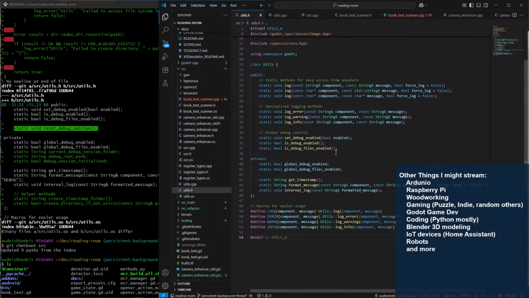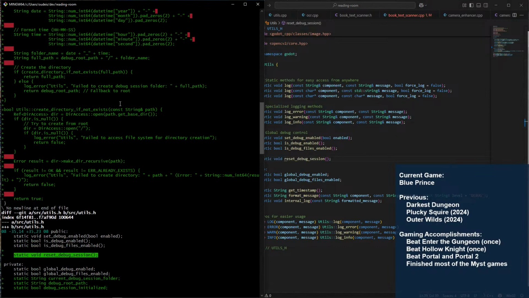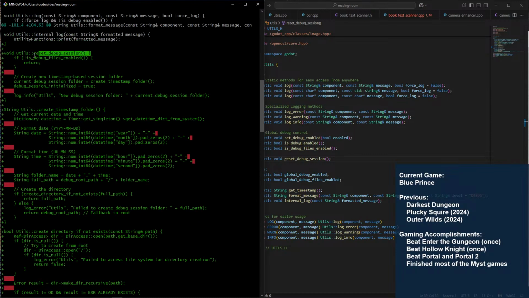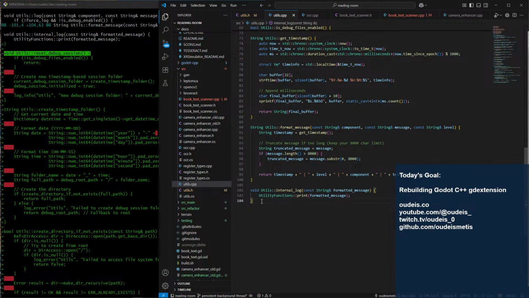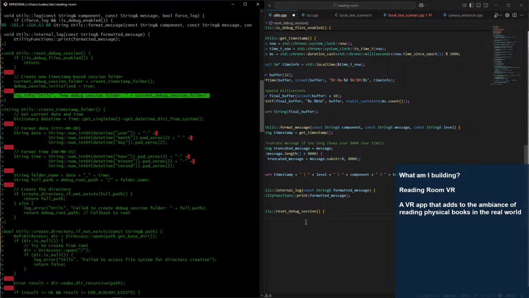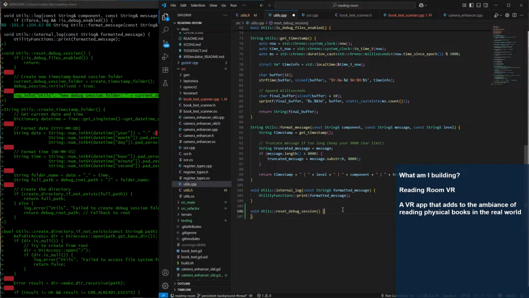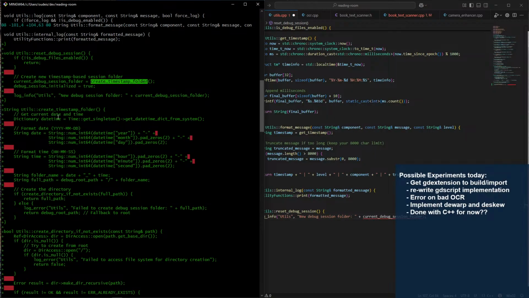So that would be a public method. And then in the utils.cpp, that's just a string, right?